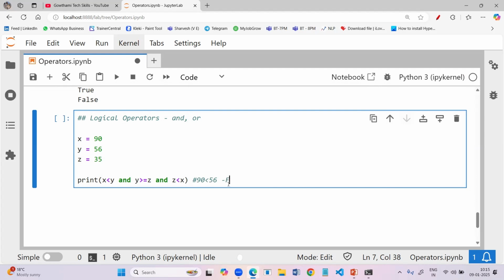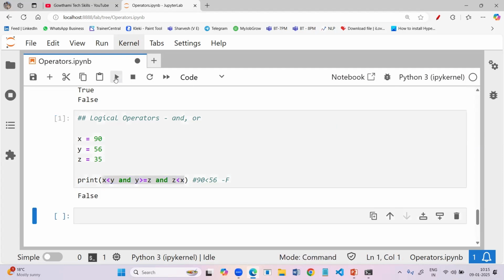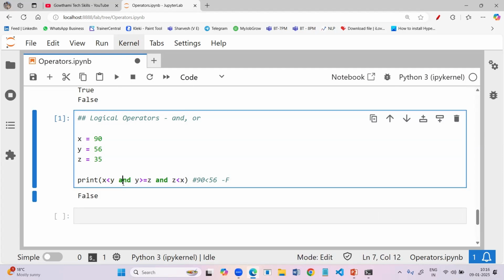When you have three conditions and use the AND operator between them, if any one condition returns false, the total condition becomes false. While checking the first condition, we got false, so we need not check the remaining conditions. The complete condition will return false, because the definition of the AND operator is that only if all conditions are true will the complete condition output be true, right? The first condition is returning false, so we need not check the remaining. Automatically, it will return false.